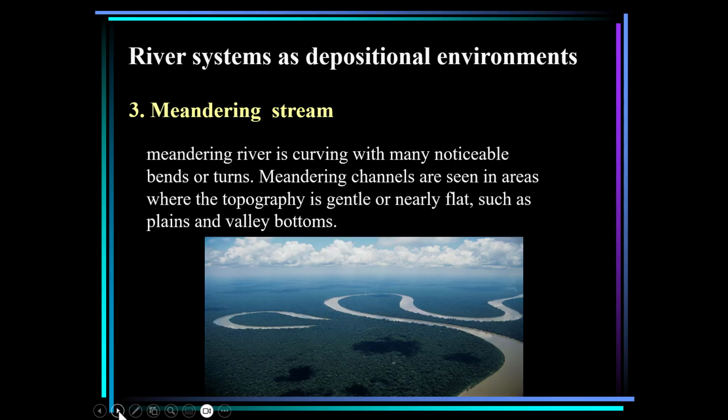Now we are at the meandering stream. This is the curving river with many noticeable bends and turns. These channels are seen in areas where the topography is gentle or nearly flat, such as plains and valley bottoms. So on this picture, you can see a really typical meandering stream with the Oxbow Lake, as you can see